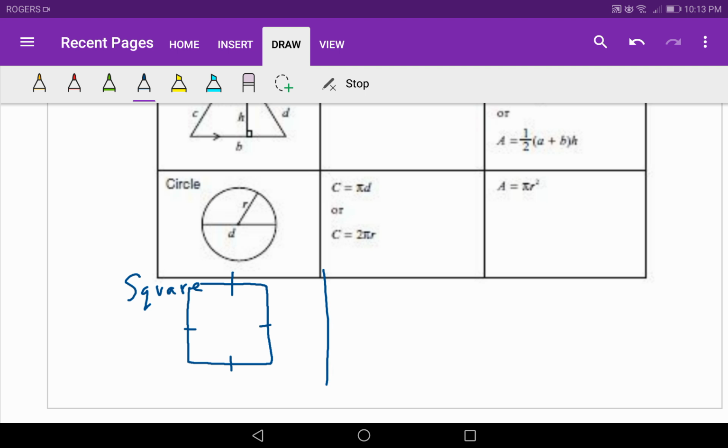The perimeter is adding up all four sides, so it could either be A plus B plus C plus D. Okay, so let's say this is A, B, C, and D. Or because they're all equal, we can shorten this formula and just say that it's 4 times a side length. 4 times a side length. So just one of the lengths times 4 because they're all the same. So 4s. So how about instead of using A plus B plus C plus D,